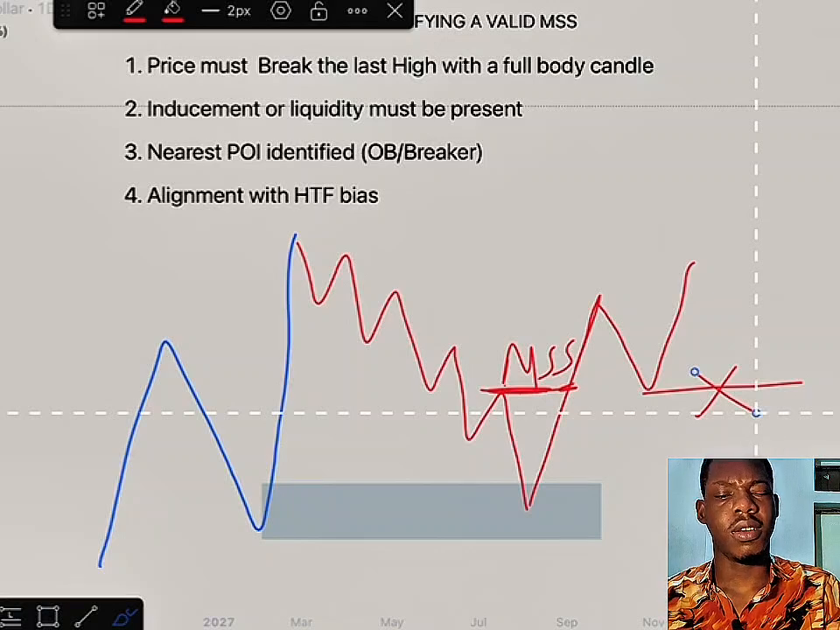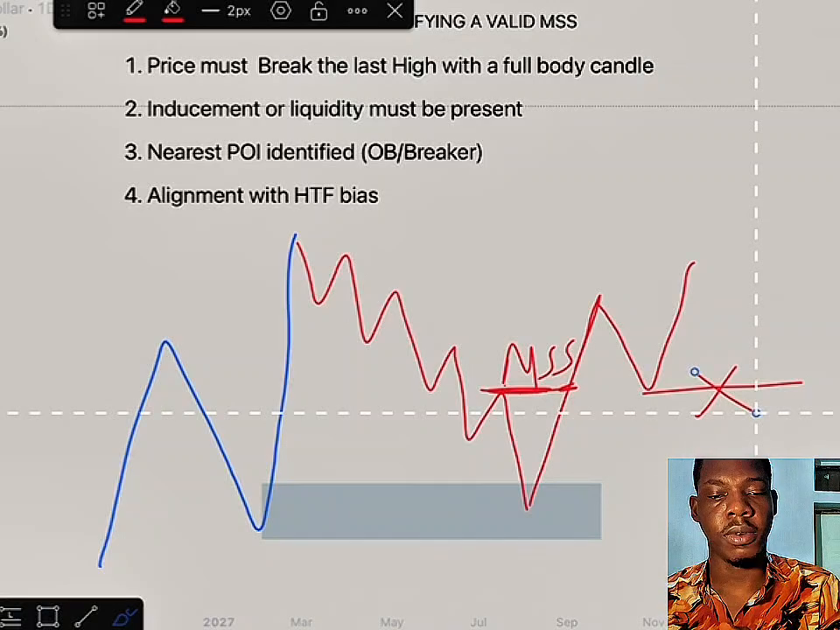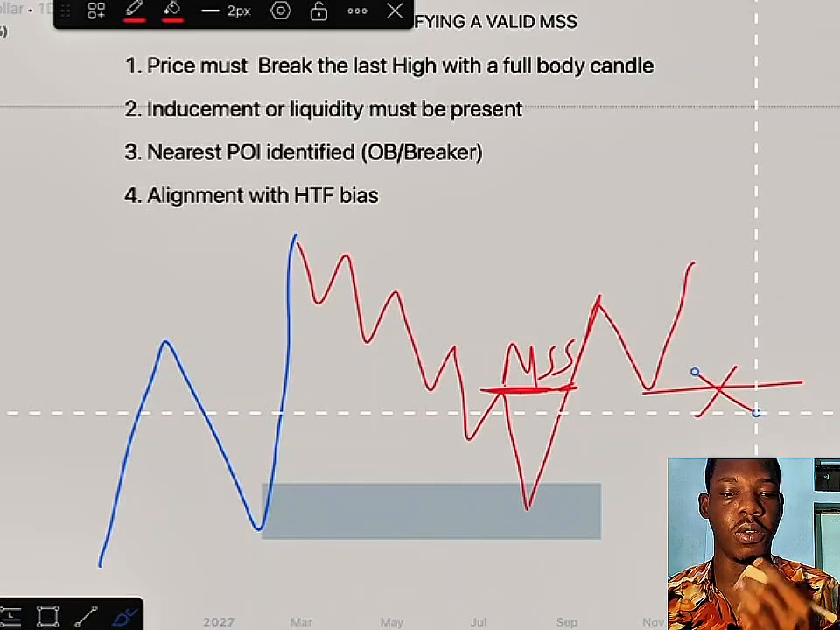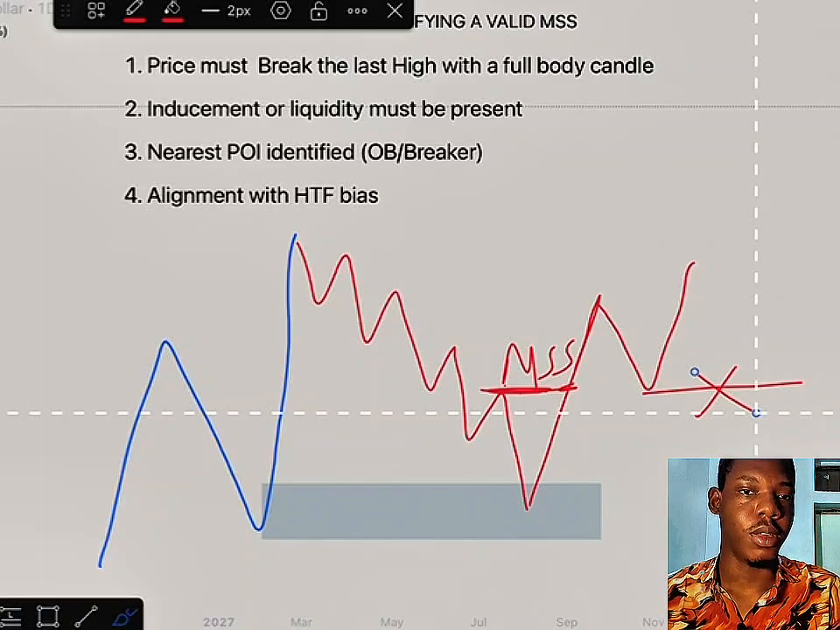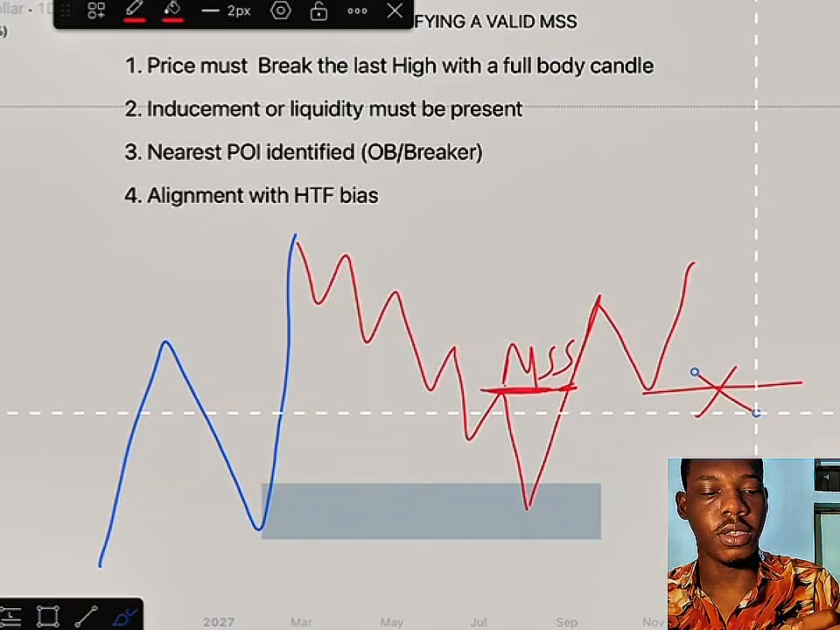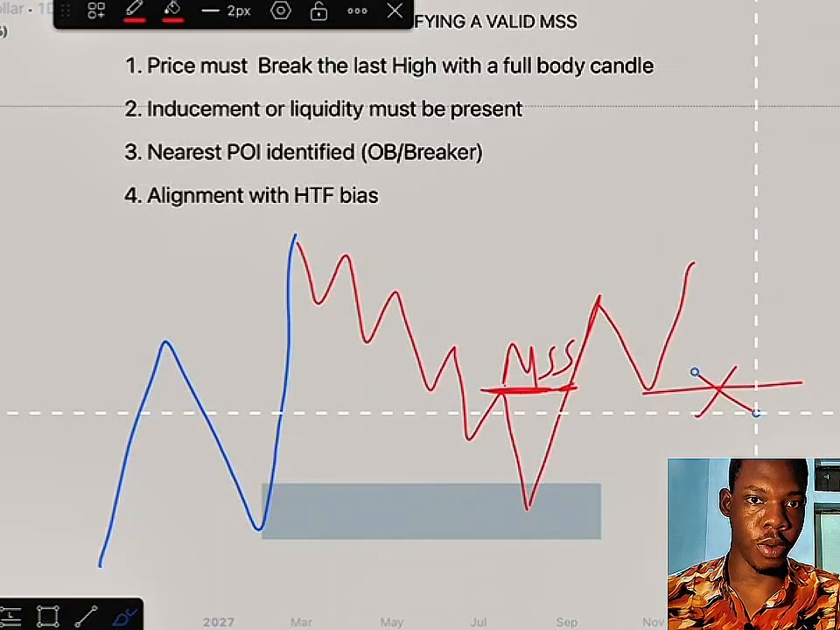And now step three says identify the nearest point of interest. So it can be another order block or a breaker block. So first, if you don't know how to identify a valid order block or a breaker block here,